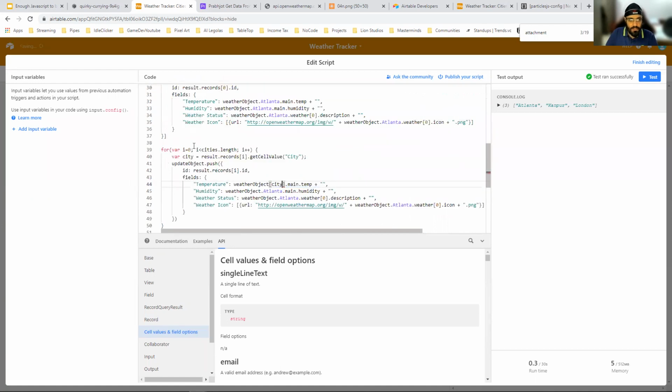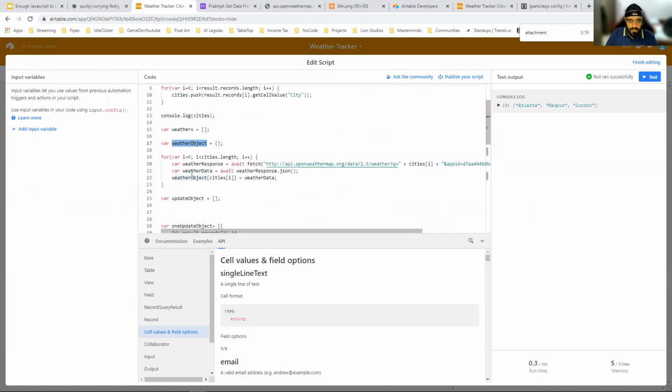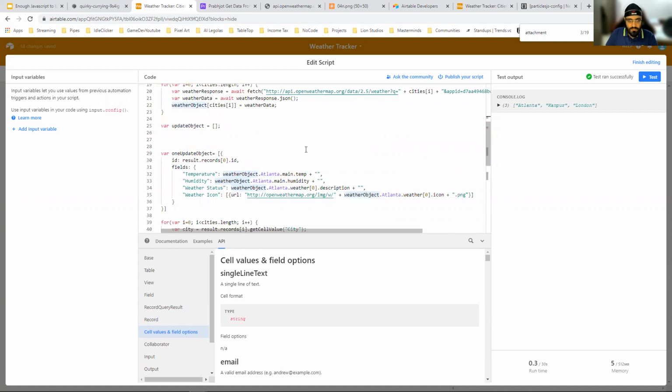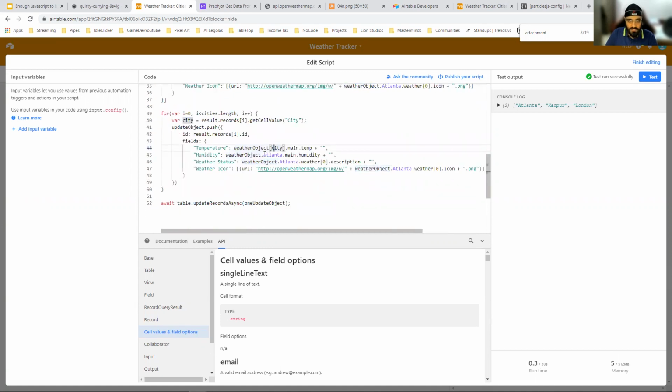So now we are looking at the weather object which we created as a dictionary, which contains all our weather data. So we plug the city in here, and we can just copy this everywhere where we have Atlanta. Right. So now basically it gets the temperature of that city, humidity, description, icon, and it creates this whole object.